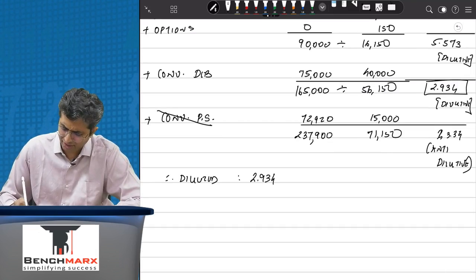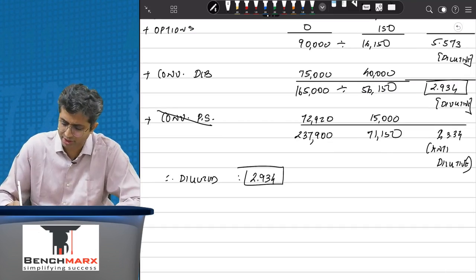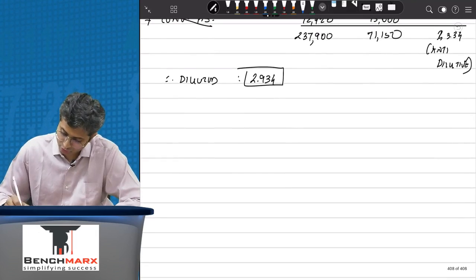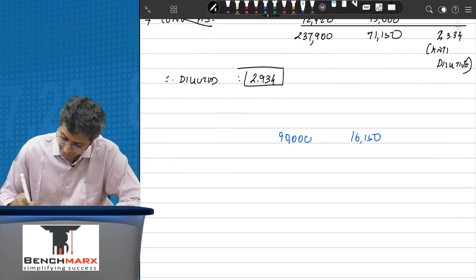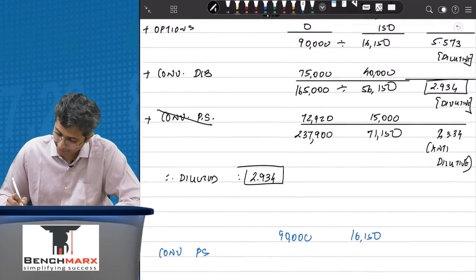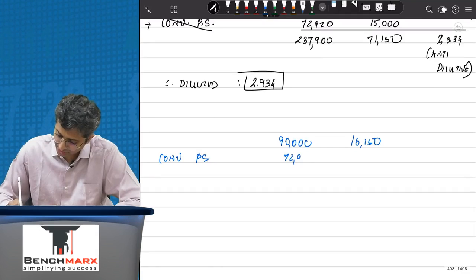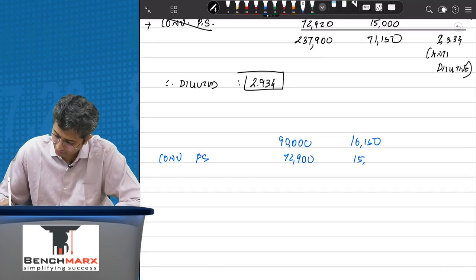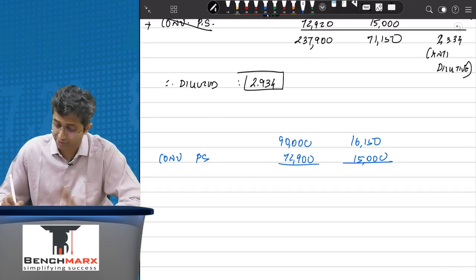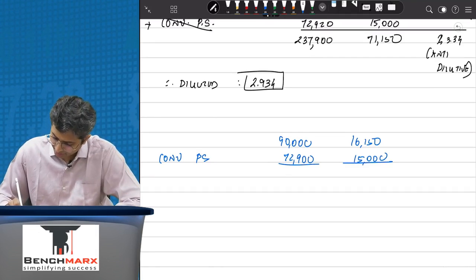Sir, kya farak padta hai? If we interchange the order, how does it make a difference? I'll just show this to you. So for example, this was 90,000 and 16,150 with the options. Now if you take convertible preference shares first, what will happen is this will appear as 72,900 and this will appear as 15,000. If you take convertible preference shares first, which is wrong, but this will be 1,62,900 divided by